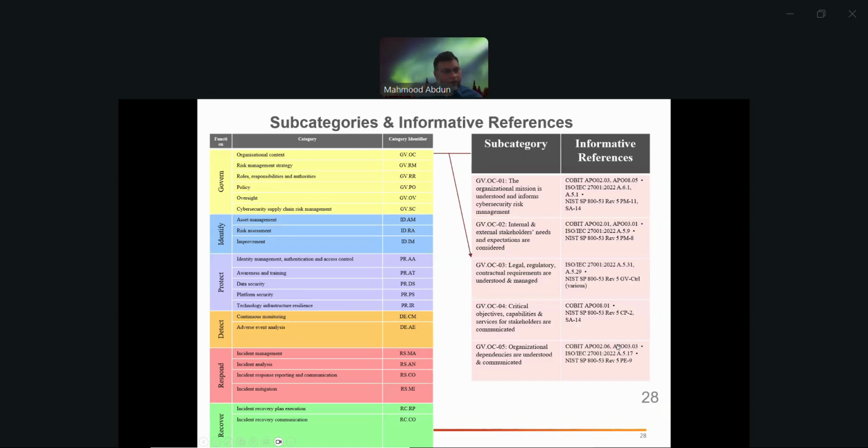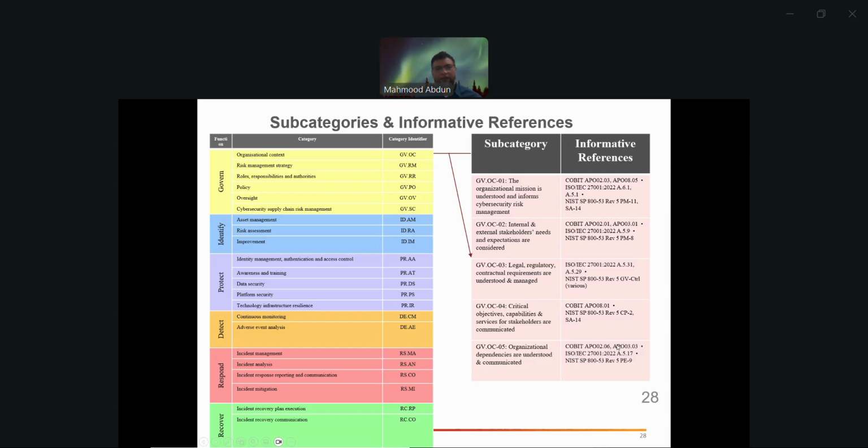Now, for NIST CSF, each of these categories also has some subcategories, and that's what I was reading. For the function Govern and the category Organizational Context, one of the subcategories is: the organizational mission is understood and informs cybersecurity risk management.